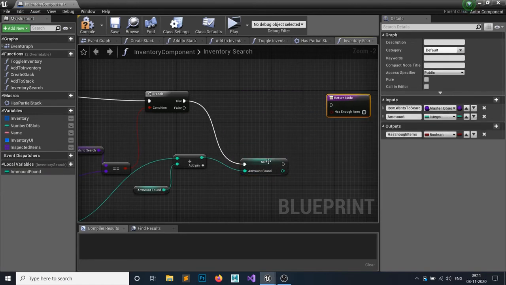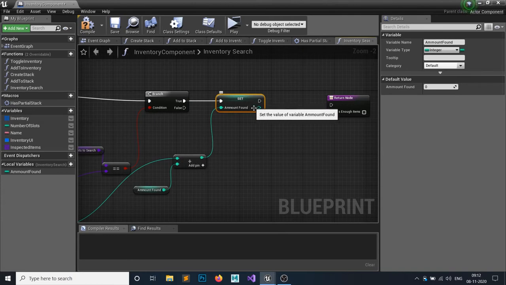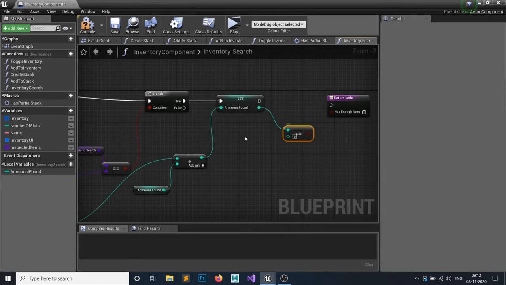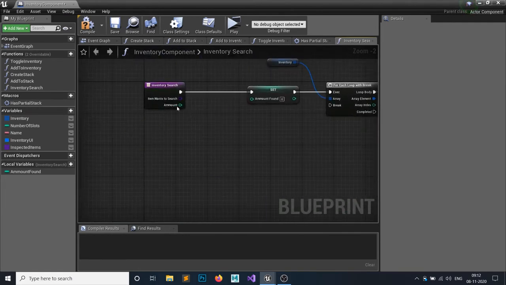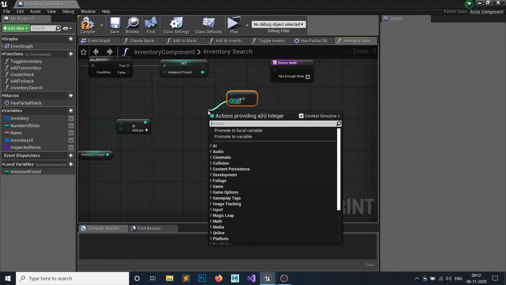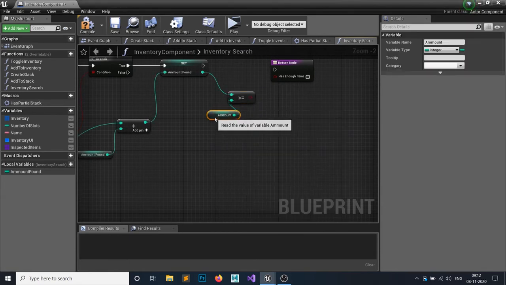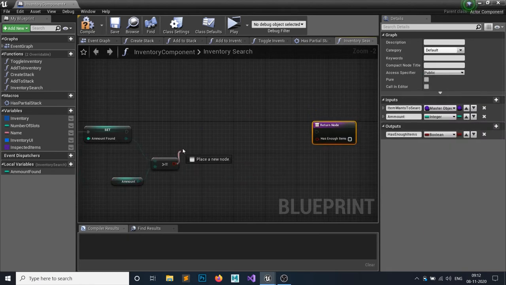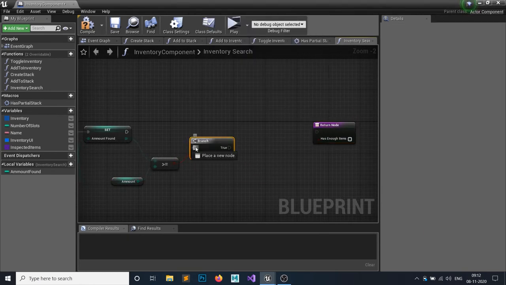Now I want to check if this amount found is greater than or equal to our amount required, this parameter, the amount. If it's true, then I want to break this loop. If it's not, then we will continue the loop. So hit branch.